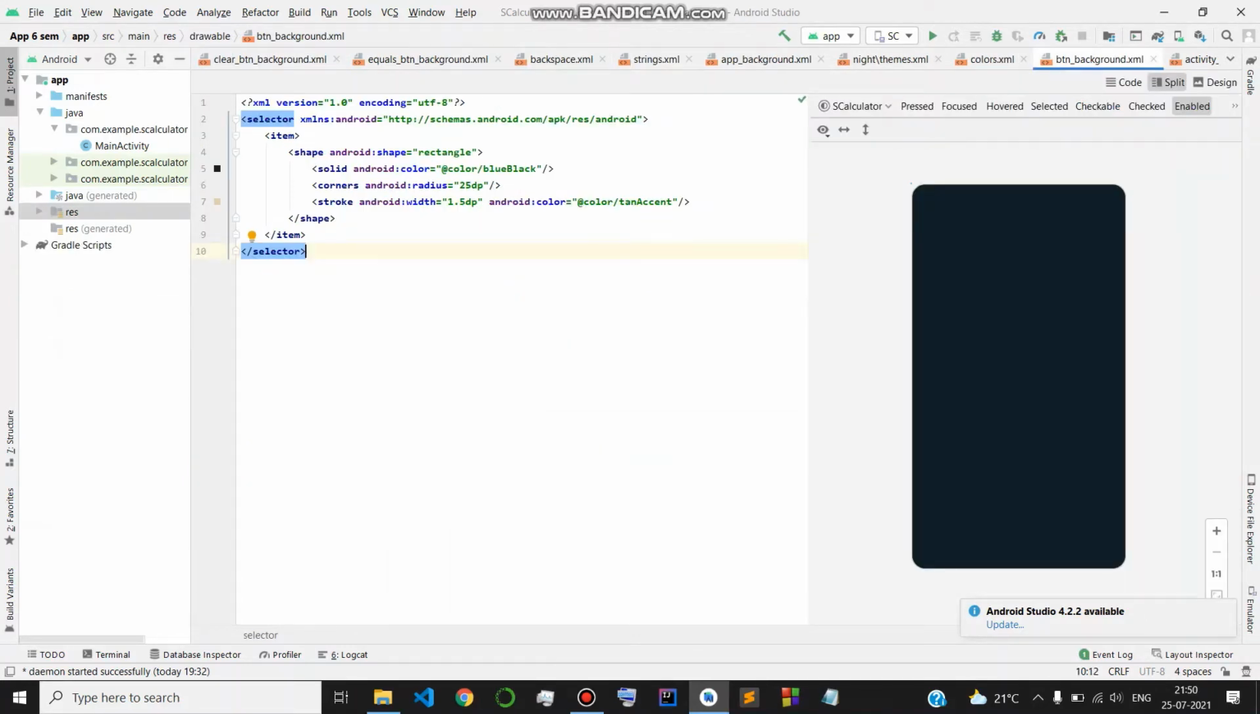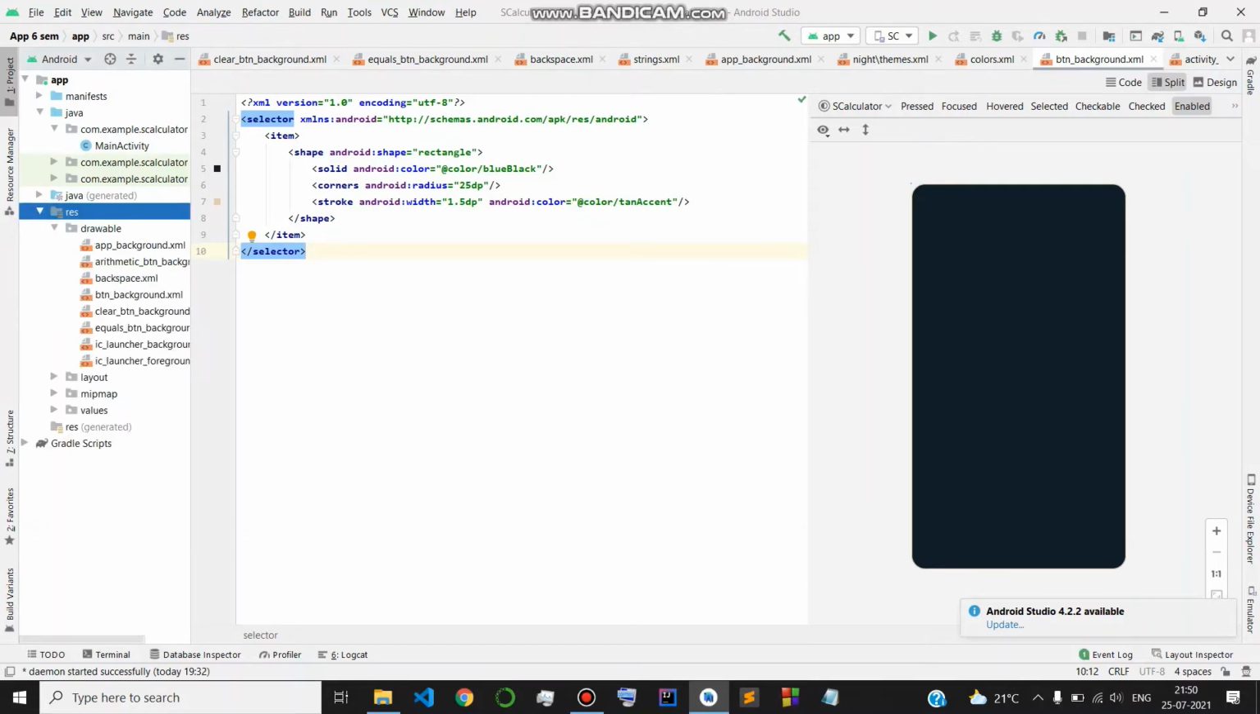This resource file is called the button background.xml file, and it is present in the resource folder. Go to drawable, since it's a drawable resource file. The fourth file we find here is the button background.xml. Now, as the name suggests, it is supposed to help us create the background for our buttons present in the